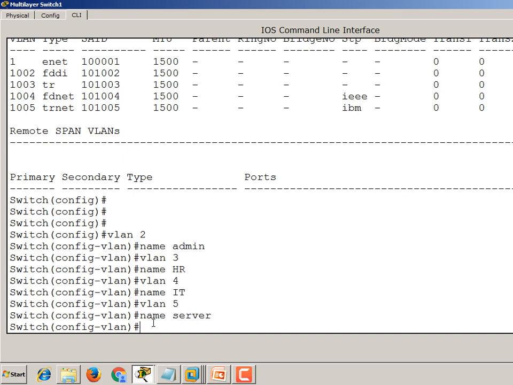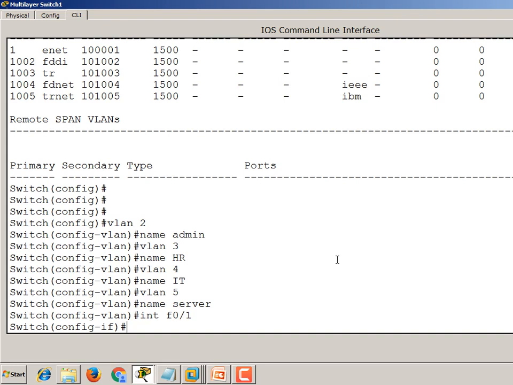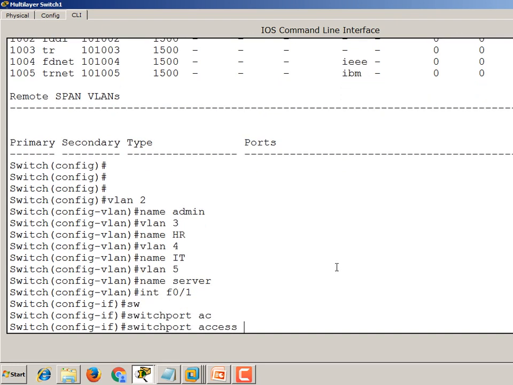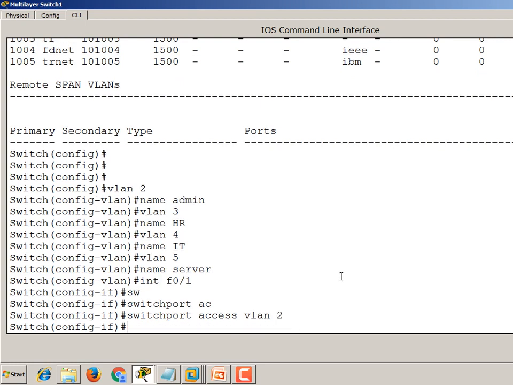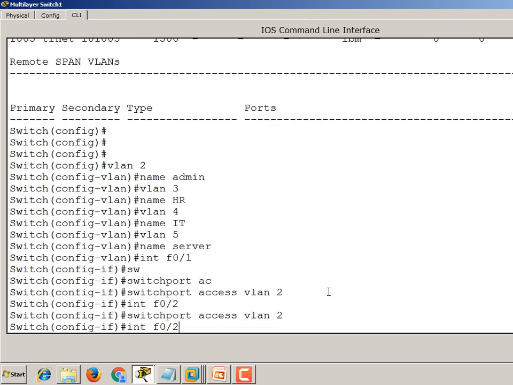So after configuring the VLANs, I am going to allot the ports. Just I gave the names. Now I want to allot the ports. So interface F0/1, switchport access VLAN 2. Even the second interface belongs to VLAN 2.